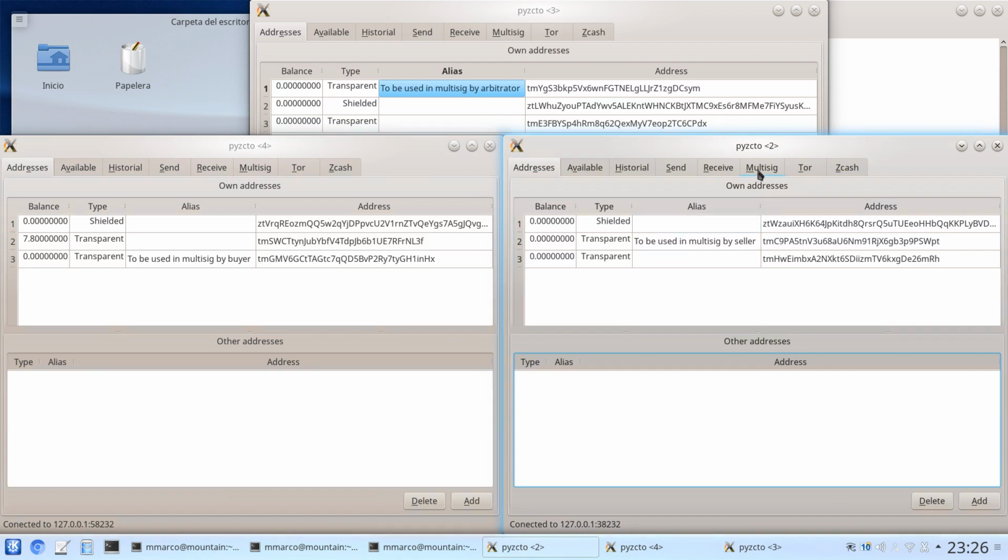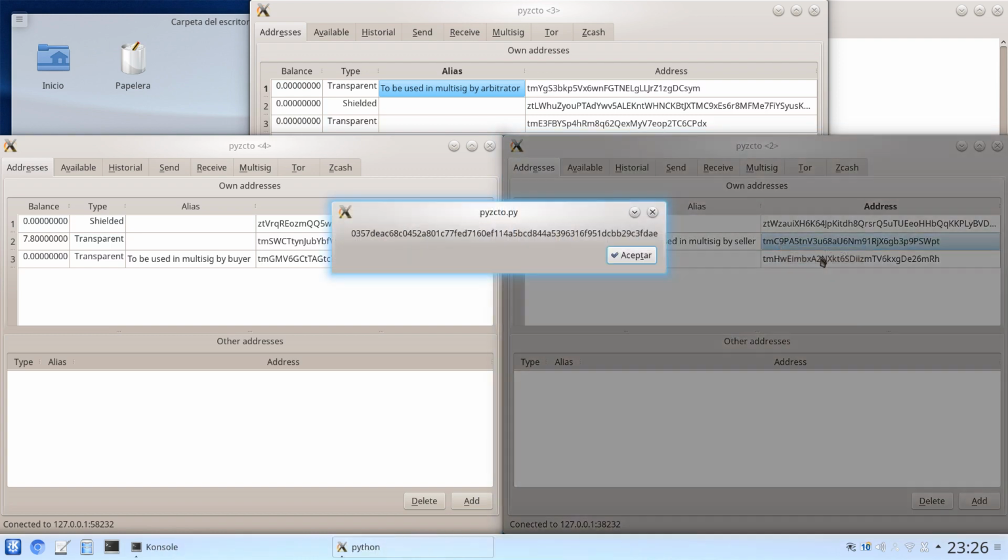So the workflow is going to be the following. This guy on the right is going to create, well, anyone could create, but in this case it's going to be the seller. It's going to create a multisig address. This multisig address needs the public key of each one of these guys, and they're going to take the public key from one of their transparent addresses. So we right click over an address, we show the public key,